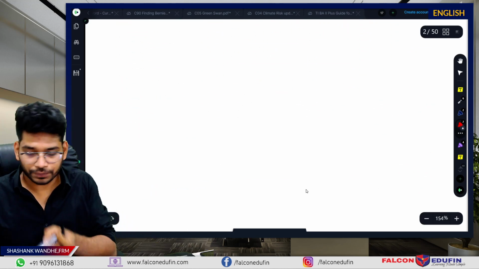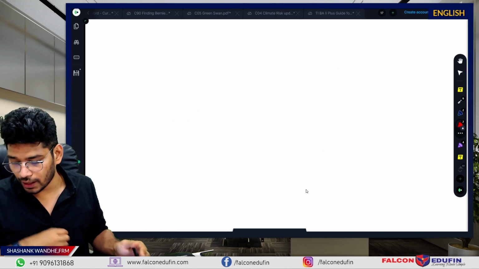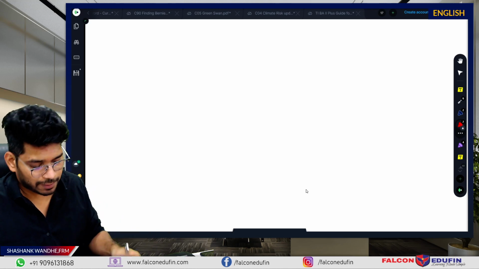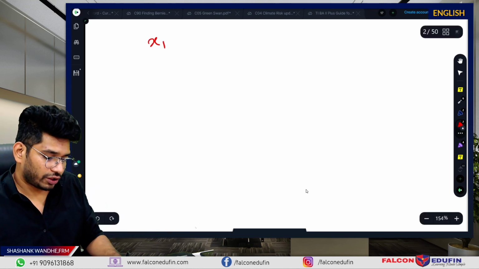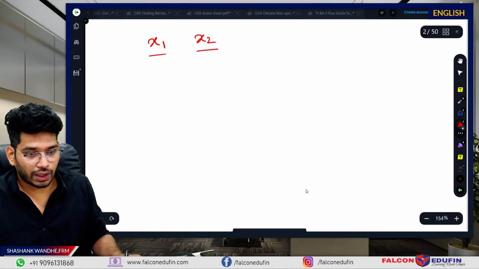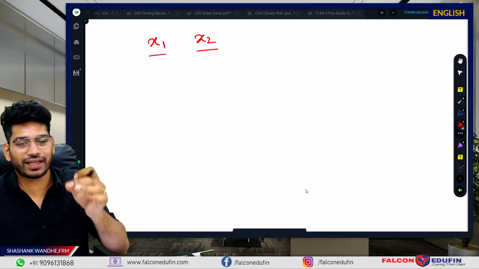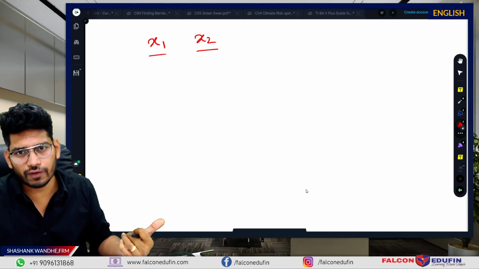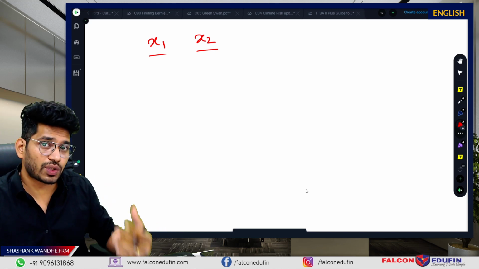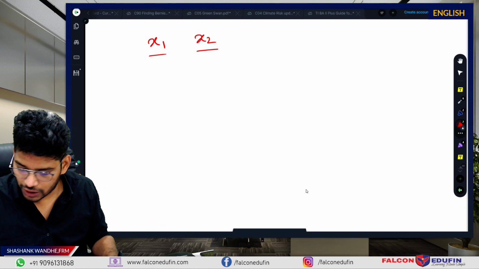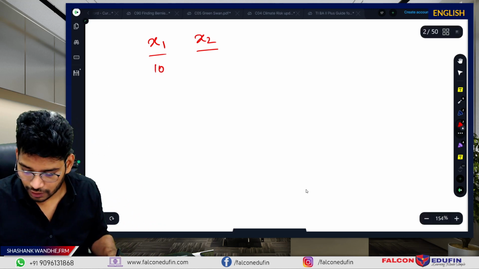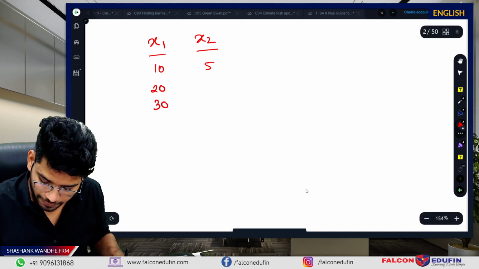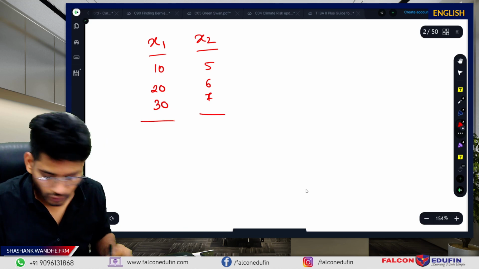Now we will move into the next section. The next section relates to the covariance, correlation, and the remaining statistics part of it. Here we will take the two variables x1, x2. I'm not going to do any calculation here. If you want to see the calculation, just check the calculator video which I uploaded, or this we covered in the basic statistics section, and again in the CAPM section, and we are just revising it, right? So for this reason, we will just cover the basics. Say x1, we will take values 20, 10, 20, 30. And then we have 5, 6, and 7. So these are the values.